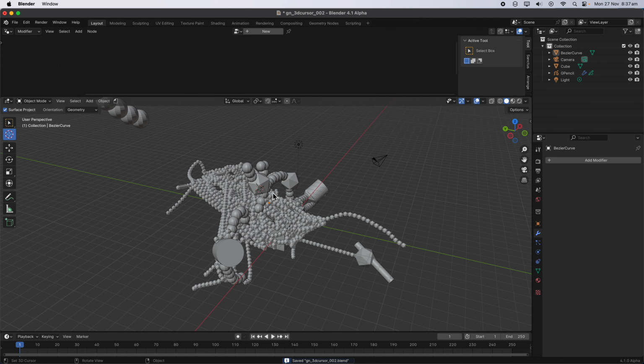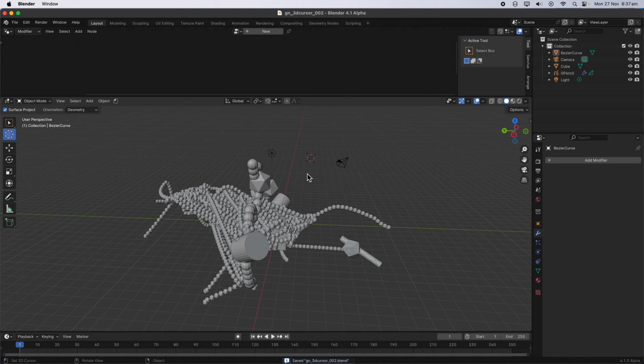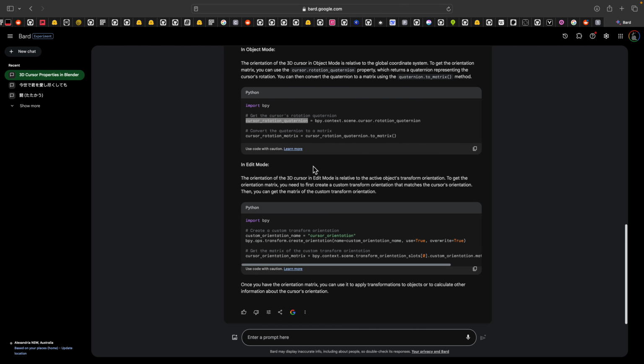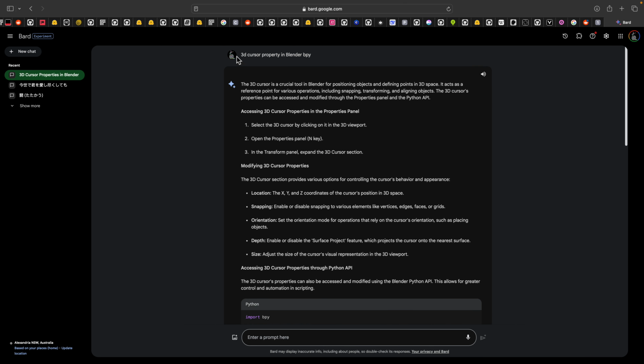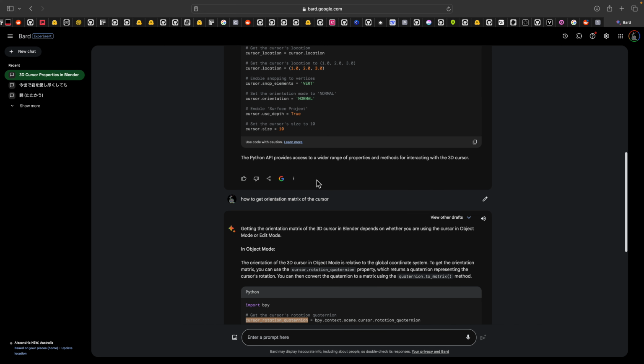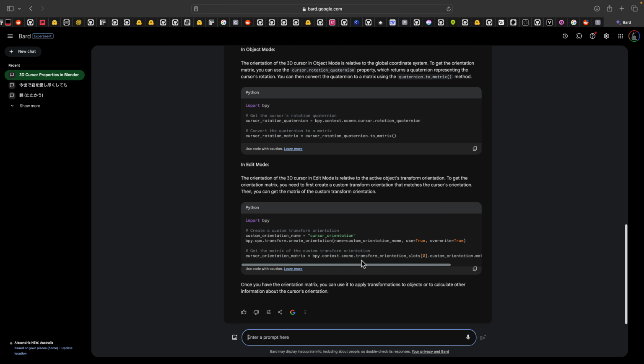Okay, so that's pretty much it. Just an exploration with the 3D cursor. I always feel curious to see what you can get out of things, especially with AI now. ChatGPT and Bard, whatever AI you are using, you can dig up more information. You can even ask,